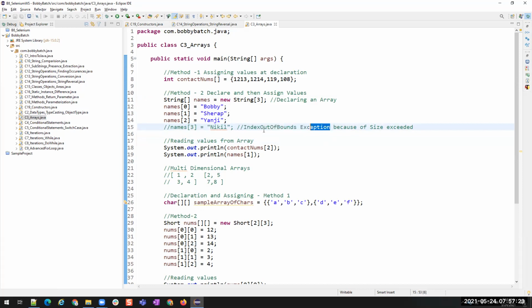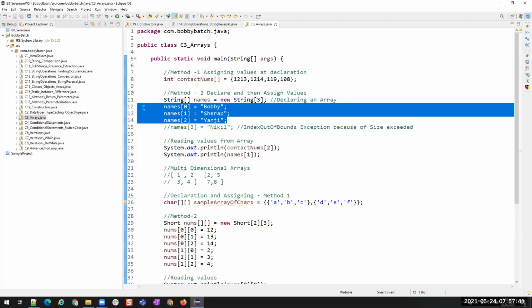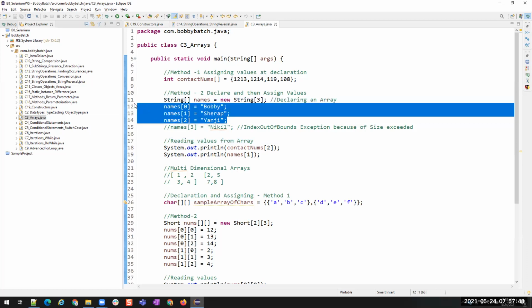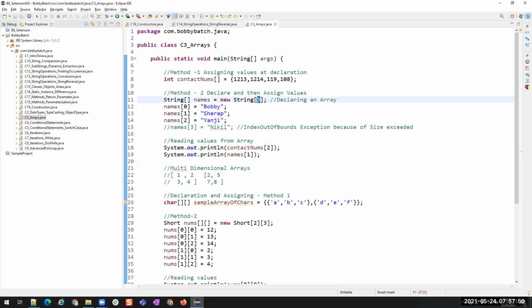It was throwing this exception, but in real time, I might not know how many values we are going to have here. So I cannot have a fixed size. Can I have a fixed size? No, I cannot, because this size or the number of persons in a single batch can change. So I want to increase an extra value. Arrays, once you declare a size of this array, then you cannot change the size of an array. It is fixed, static in nature.